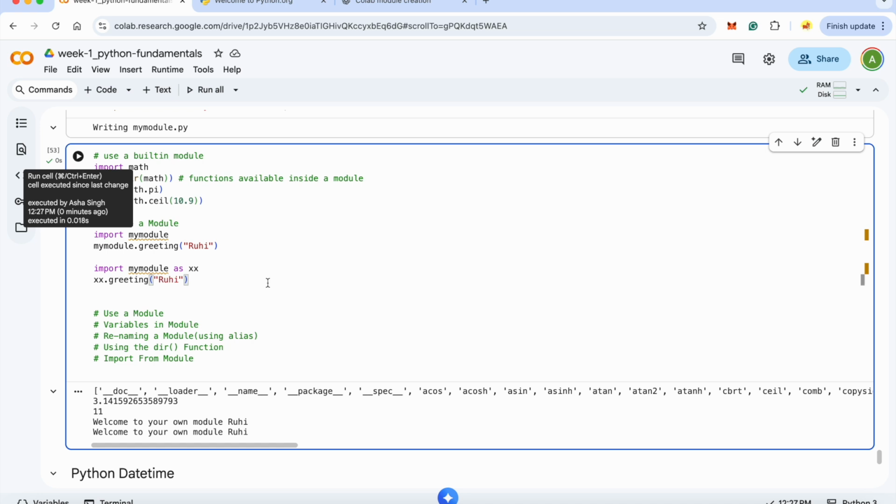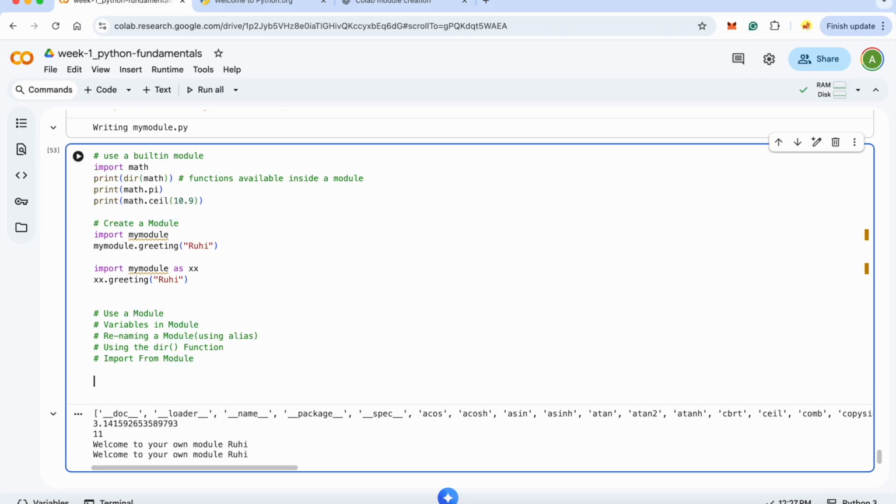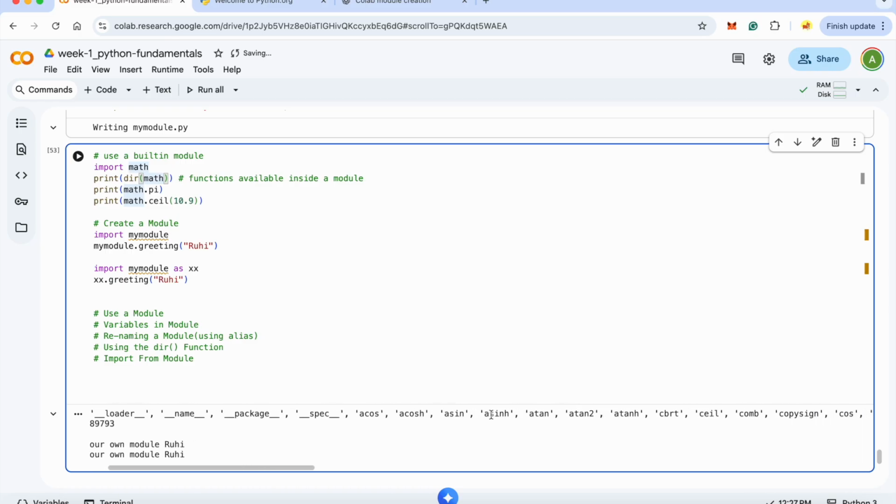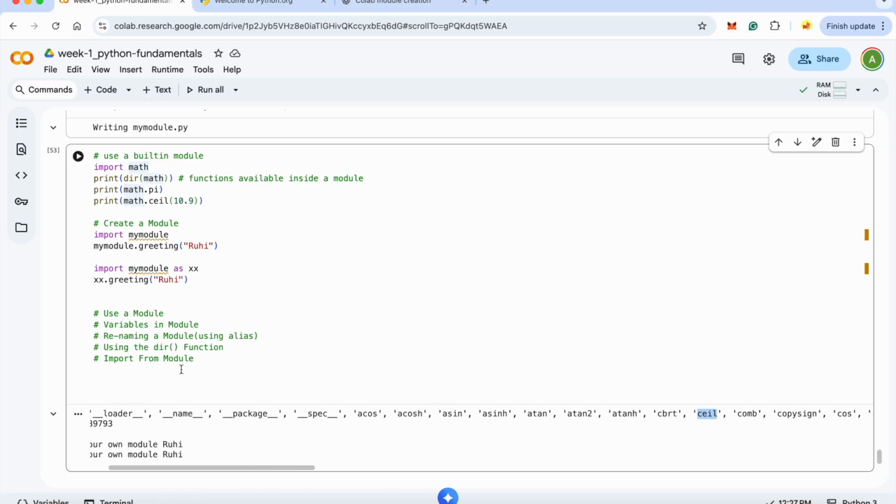Okay, so that's it. Now we'll talk about import from module. For example, I have this module, right? Currently in my module I only have one function. But from this math module, we have understood that it has too many functions, right? So what if I just want to import, let's say, the ceil function? How I could do it is, I could do something like from